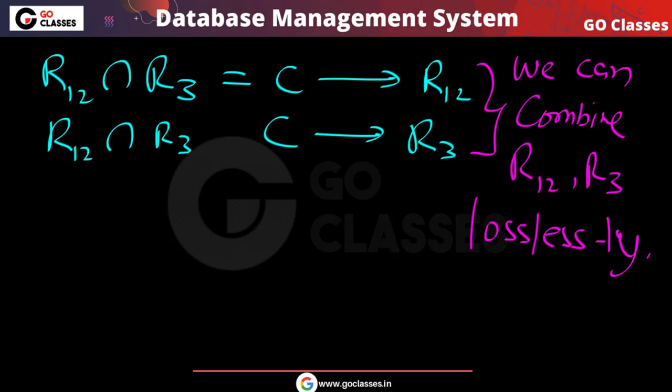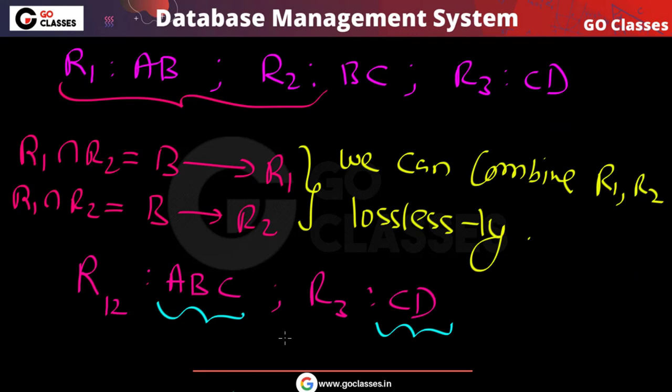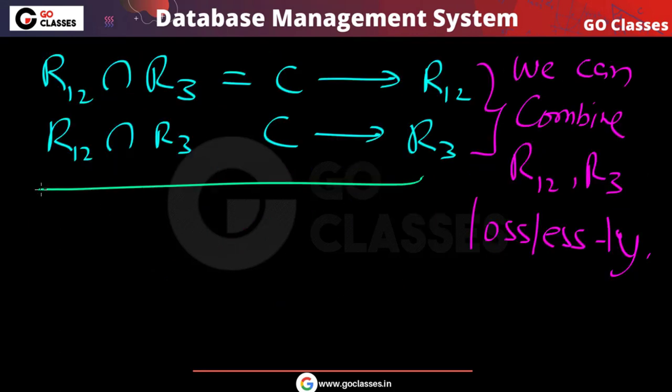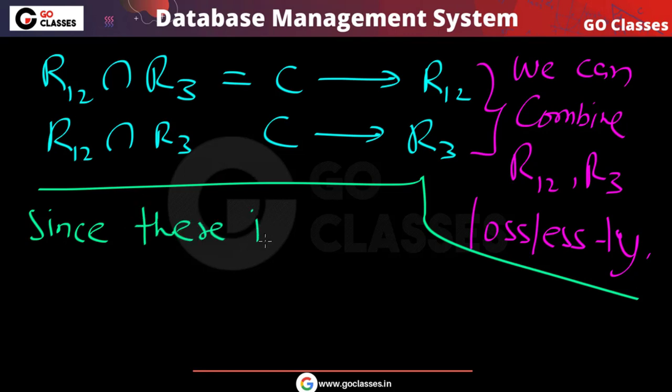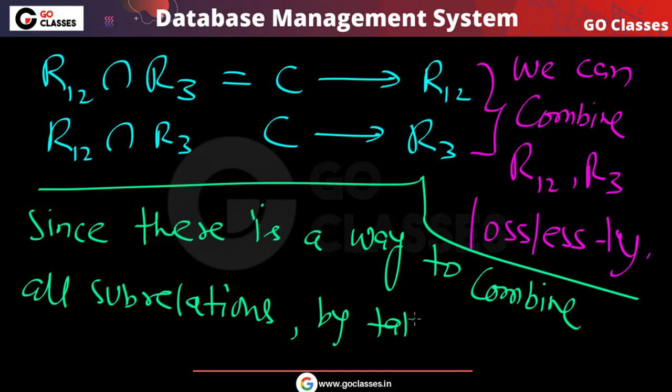So finally what we got, now you can notice we can combine all these three sub relations in a lossless manner. So we can say the answer is lossless. Since there is a way to combine all sub relations by taking two sub relations at a time,